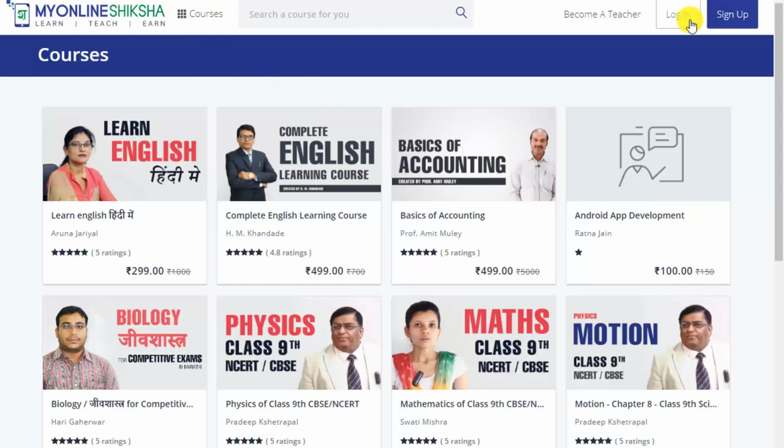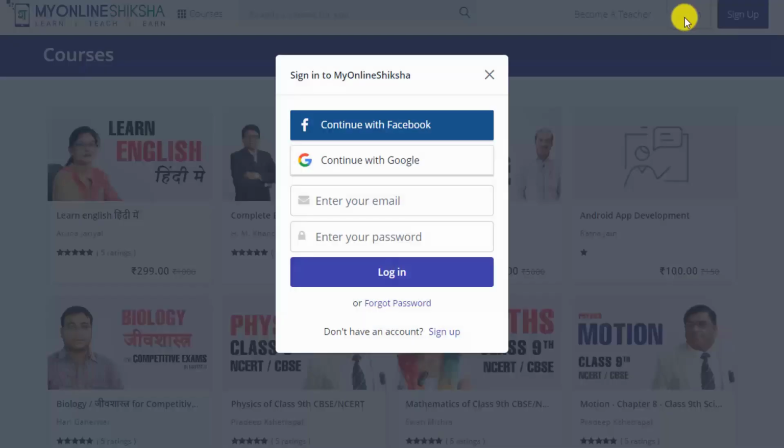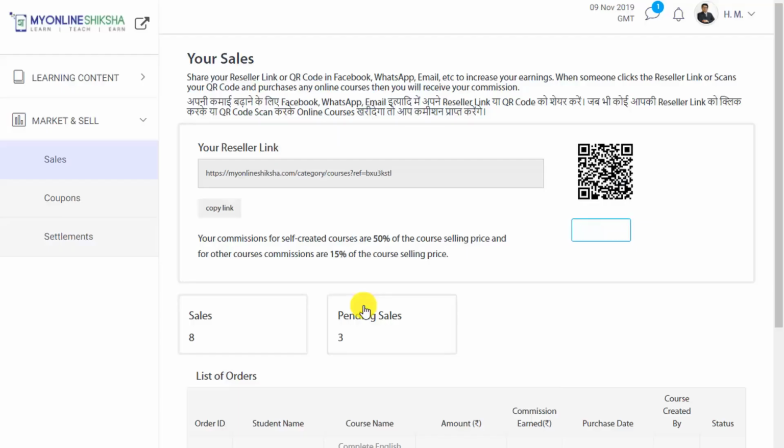Now, coming straight to the login section. You need to click on this login button and fill up your credentials, email ID and password which is given to you, and then click on login. For example, I am using this email ID. After putting your credentials, that is email ID and password, you have to hit on login. After clicking on login, you will be redirected to your dashboard.